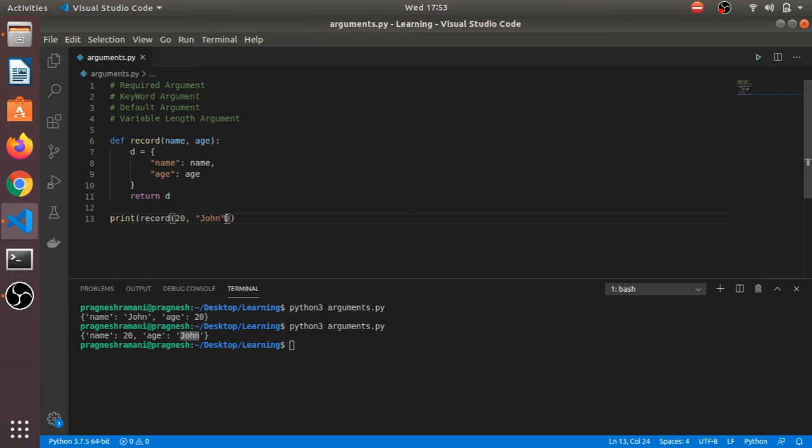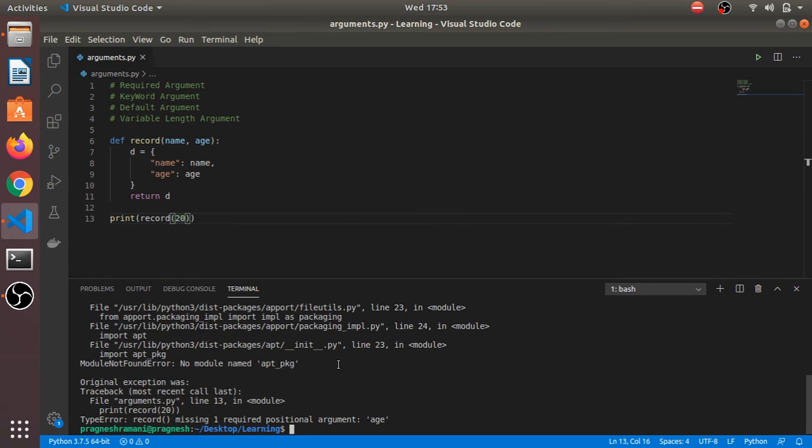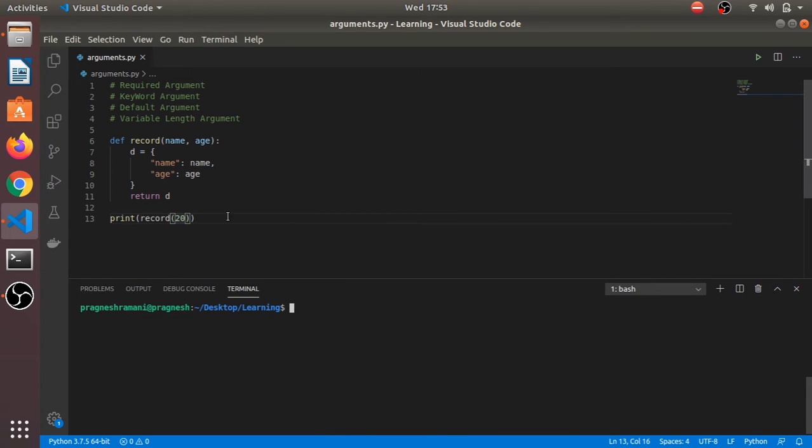So we need to maintain the order and we must pass the arguments according to the parameter length. Here we require two parameters, so we must pass two parameters, otherwise it will raise an error. So this is the required argument.